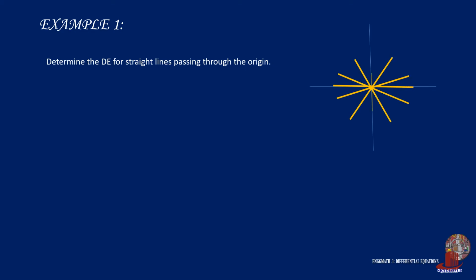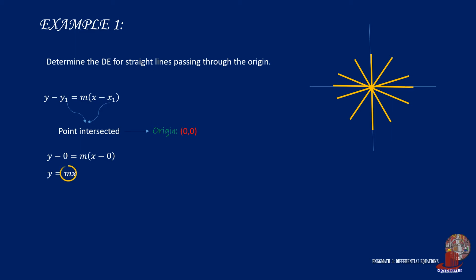Example number 1. Determine the differential equation for straight lines passing through the origin. For a straight line and a point, the formula to be used is y minus y1 is equal to m times x minus x1, where x1 and y1 will be taken as 0 as the problem states that the line passes through the origin. The formula is then simplified as y is equal to m times x,